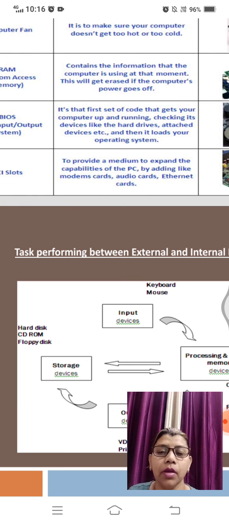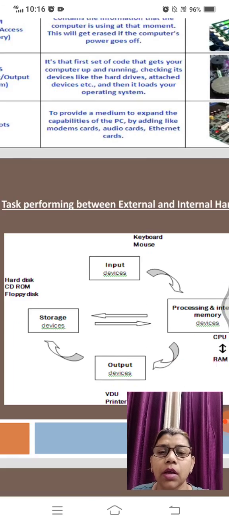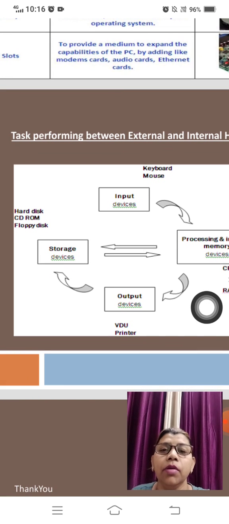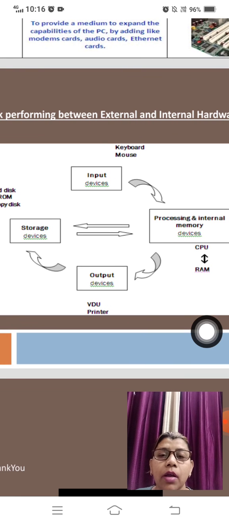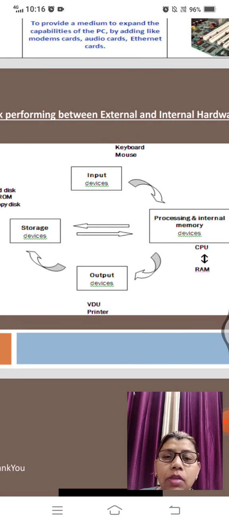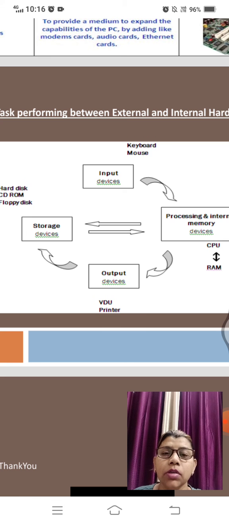Now we will see tasks performing between the external and internal hardware. Now here in this picture, as you can see, there is a processing between the input device and output device.